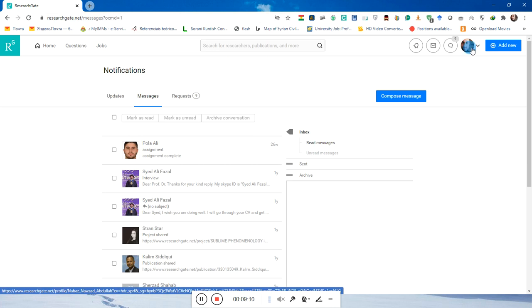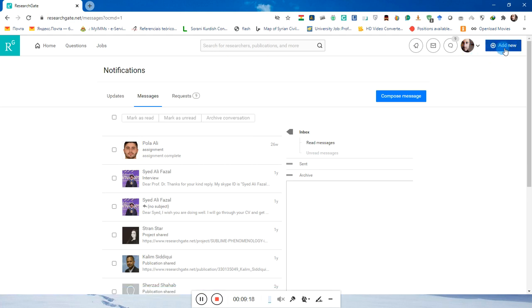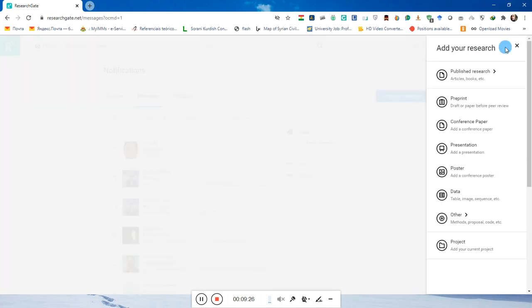This is your profile. Click on it, but before we go to the profile, this one is very important: add new. If you have a research, you can add your research here. I have my master thesis and now I want to publish it, I want to share it online so it will be available for everyone, because if you have your research and you don't publish it or share it with people, then it doesn't make sense. So you need to have some contribution and you need to make your research available for everyone so